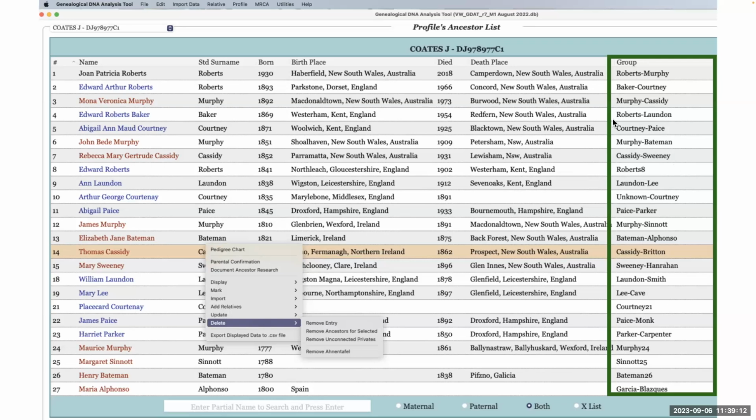So you need to look at this and make sure that, particularly for your own ancestors, that's logical, because it'll become important when you're marking segments. And I've had a lot of iterations on group names, and a lot of changes have been made to the GDAT